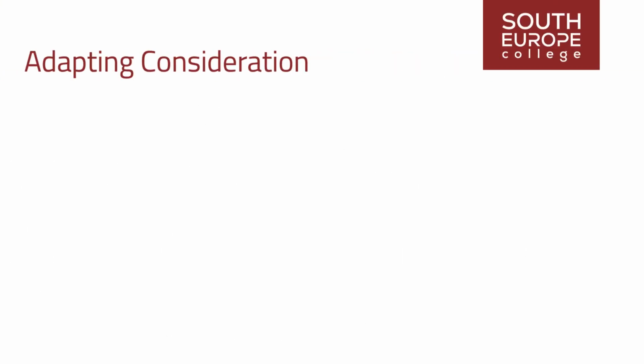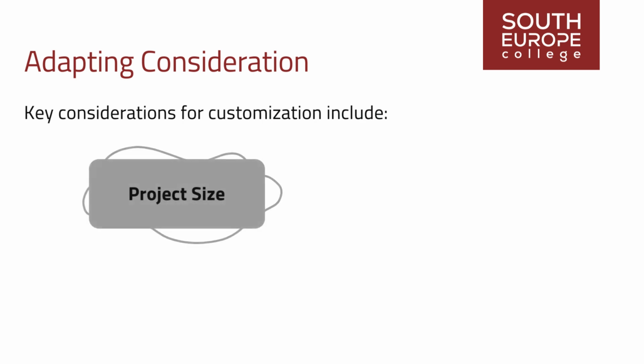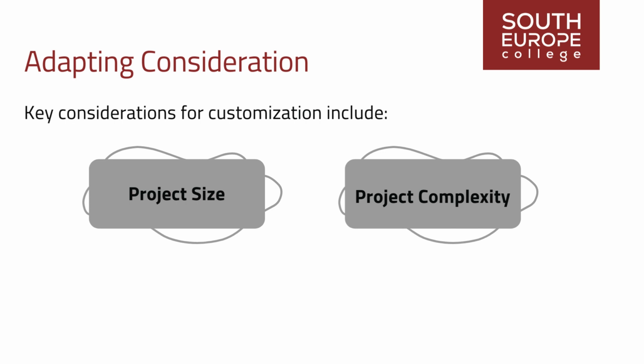Due to the distinctive nature of each project, it becomes imperative to customize the application of project risk management processes. Key considerations for customization include project size. Evaluate whether the project's size, considering factors like budget, duration, scope, or team size, necessitates a more intricate approach to risk management. Alternatively, is the project compact enough to warrant a streamlined risk process? Project complexity. Examine whether the project demands a robust risk management approach due to high levels of innovation.